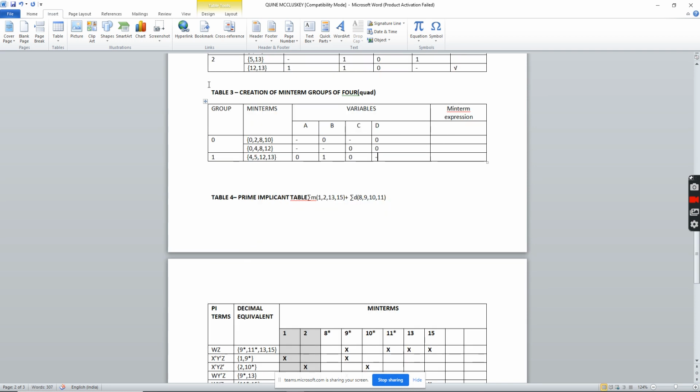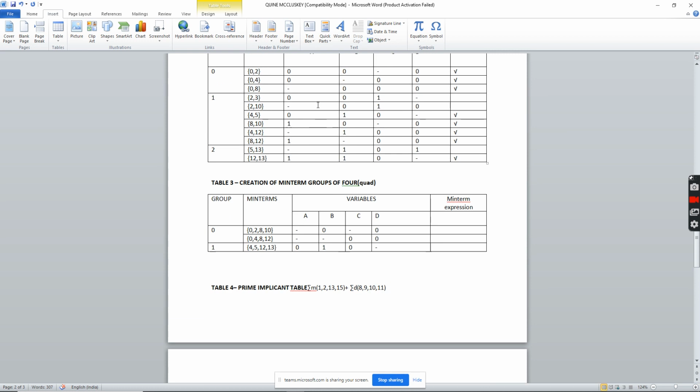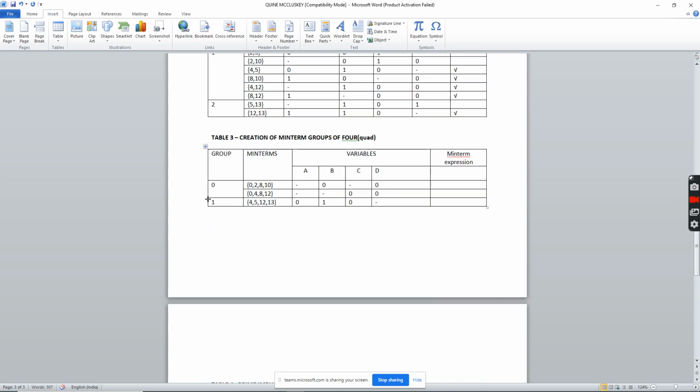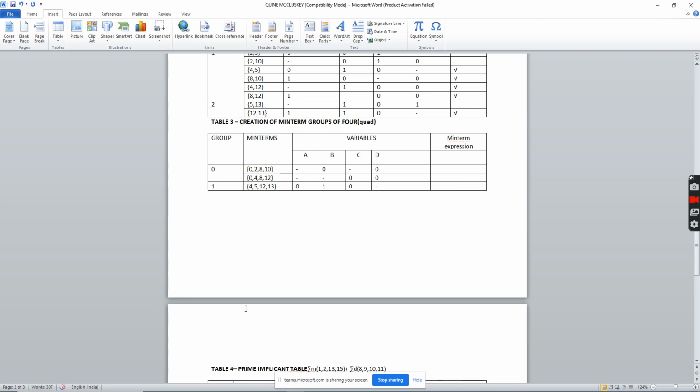Next one will be creating a prime implicant group. So here, what are remaining unticked? 5 and 13 is not used anywhere, and even these two are not used anywhere. But you see, there is only one term which is not available here among the group of min terms, that is 3. 3 is not available here. So next one will be creation of the prime implicant table. I will try creating the prime implicant table.